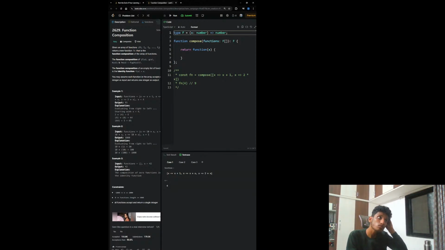So who knows, this could be some crazy stuff getting passed into us, but we're not really responsible for that. We are responsible for taking these functions and applying them in reverse order on that single value x that's going to be passed in to the inner function. First of all, this seems pretty abstract. So let's actually take a look at the example for us here on